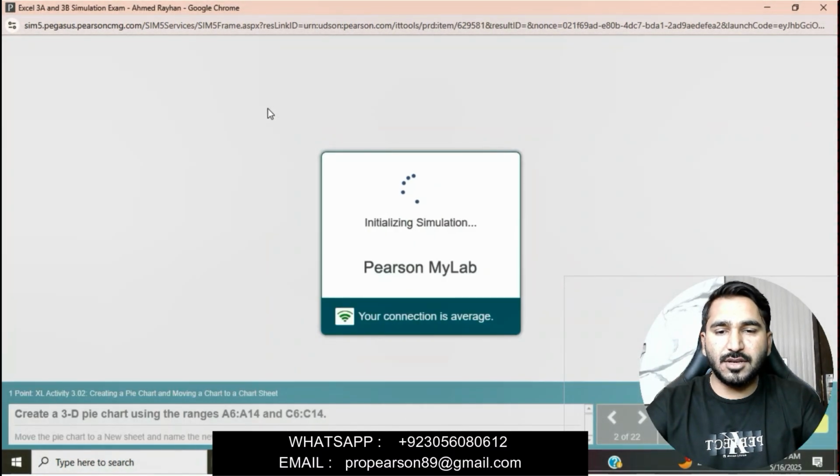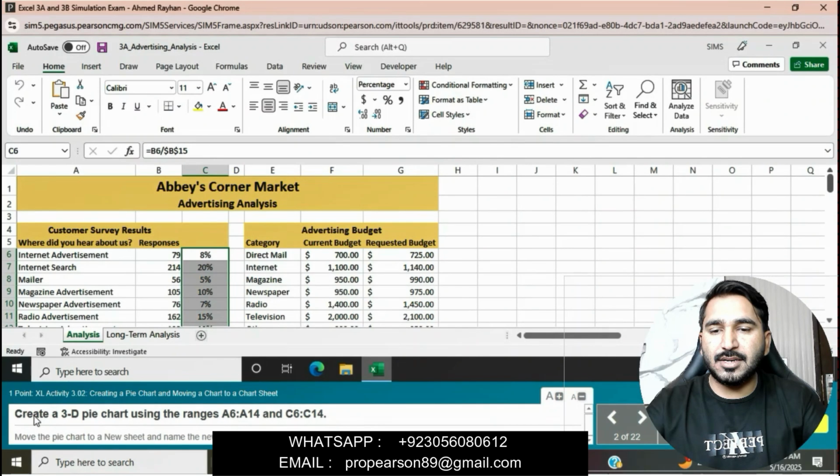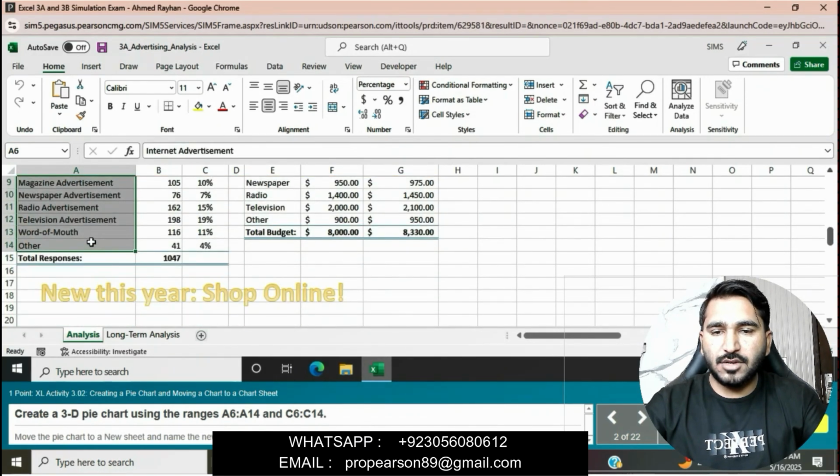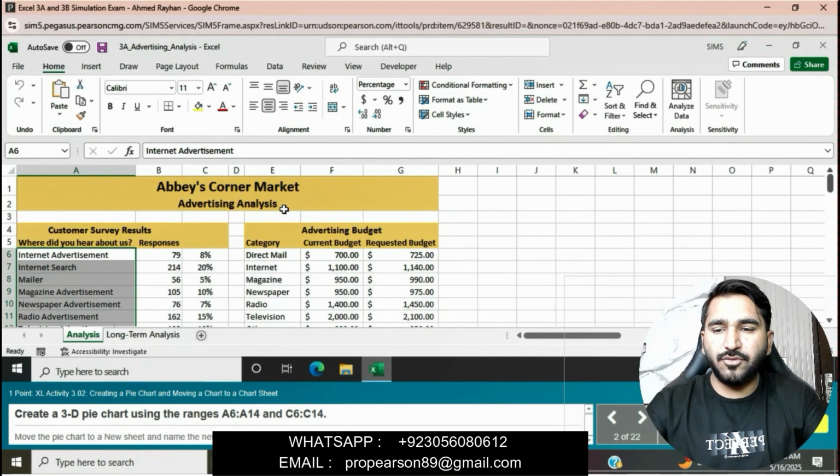The next question is that create a 3D pie chart using the range A6 to A14 and C6 to C14. First we will select this range A6 to A14 and then we will press Ctrl and then select the second range C6 to C14.